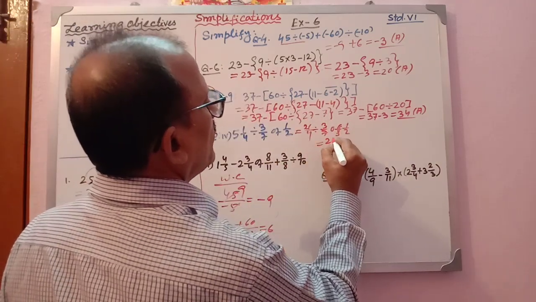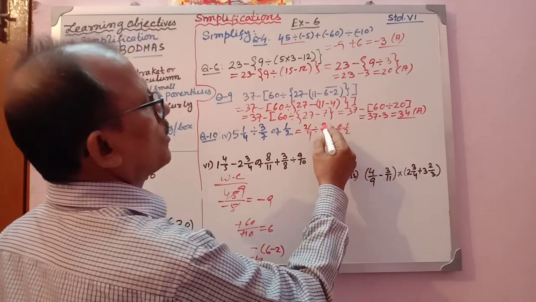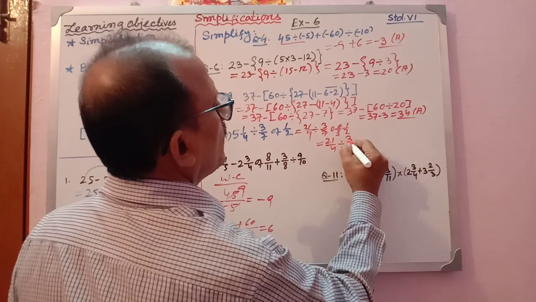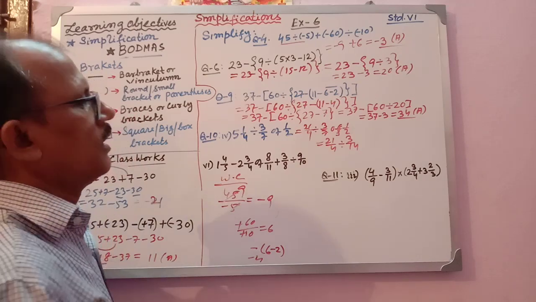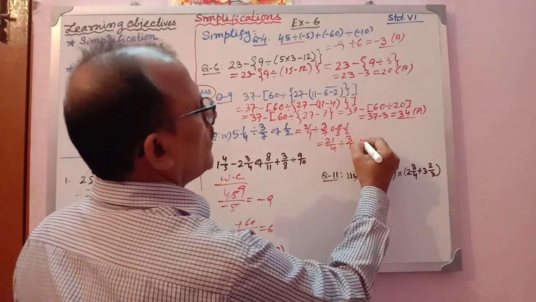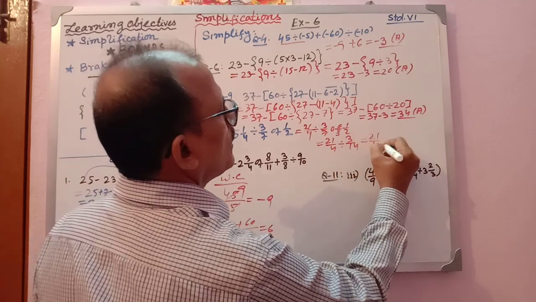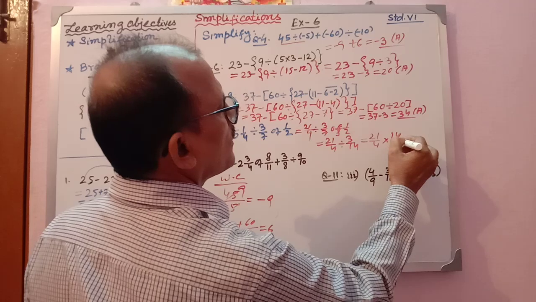Don't do anything violating this. Of means multiplication, you know that. 21 by 4 divided by 3 by 14, isn't it? Because it will not be cancelled. 3 by 14. Now to do the division work, divide the fraction will become reciprocal. So into 14 by 3. Then you simplify this one.